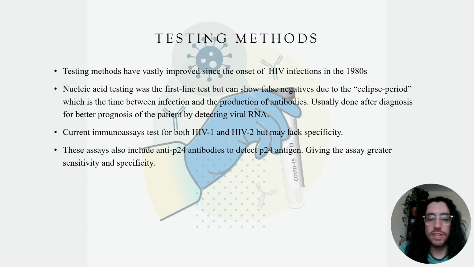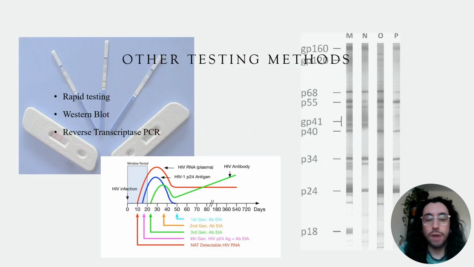Current immunoassays test for both HIV-1 and 2, but may lack specificity, so they incorporate anti-P24 antibodies to detect P24 antigen, which is a protein that coats the RNA. Other testing methods include rapid testing, which is great for places that don't have advanced technology for testing but aren't very reliable. Western blot used to be the gold standard test, but is not very time sensitive, so it's not really